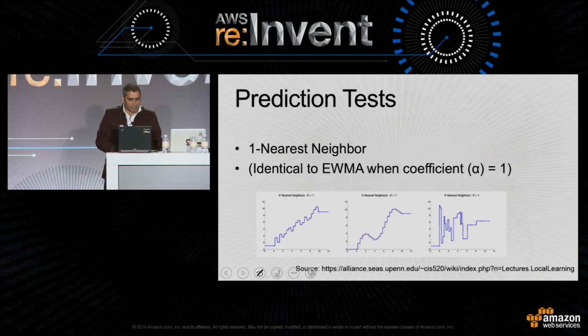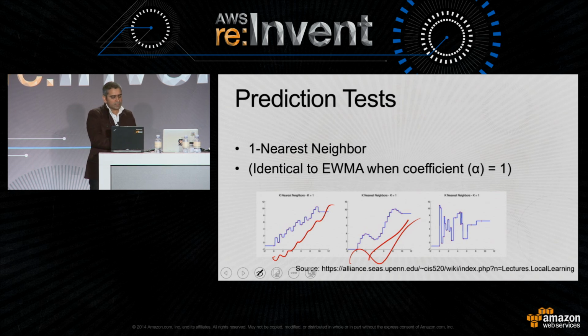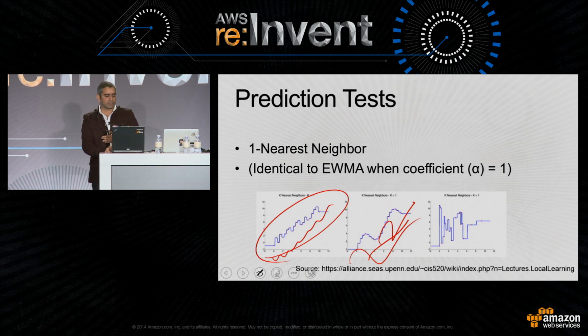As I mentioned earlier, this is from one of the machine learning classes at UPenn. A k value of 1 is overfitting because it goes through the predictions on all the points that I already had. If my data changes, so if you look at this, all the data points here are different than here. This is basically going in this range, and this was going like this, and this is all scattered around. If I use this prediction on this one, will it be a good idea? It's definitely not a good idea because it's not going to give you a real prediction, because that's not how the trend is going, especially wrong here in this case.